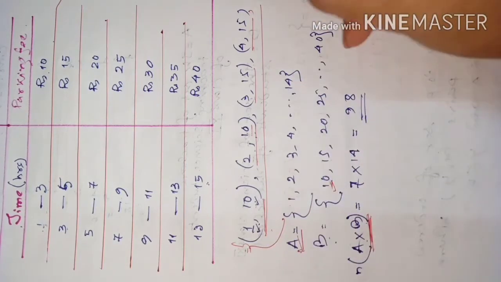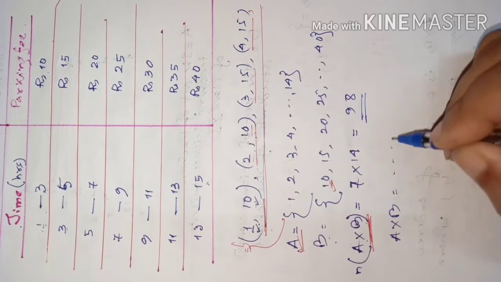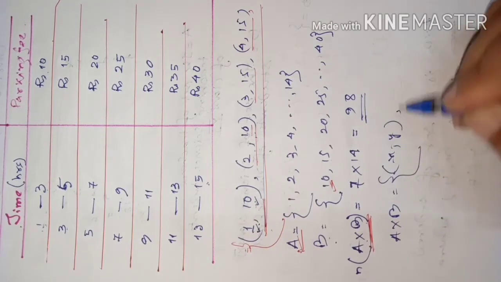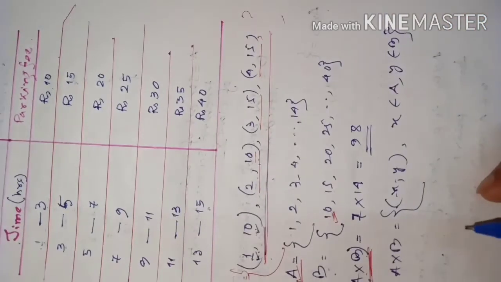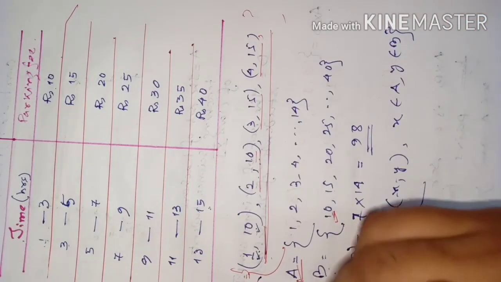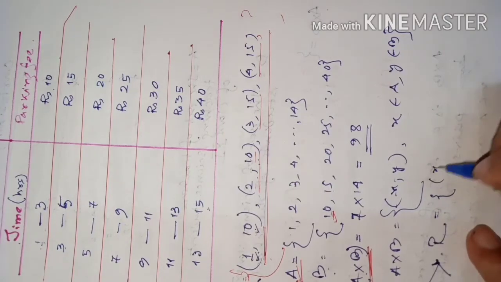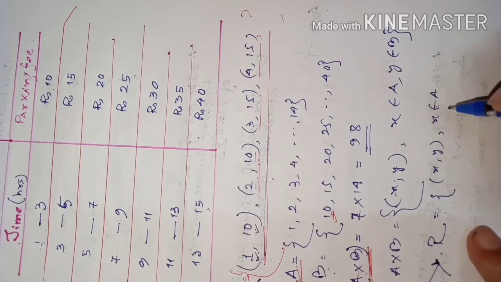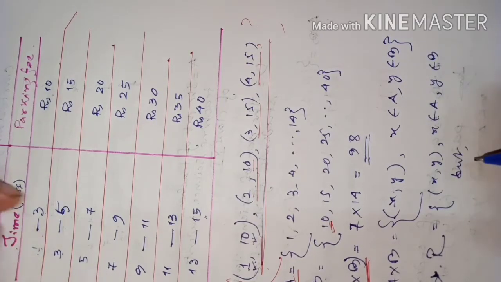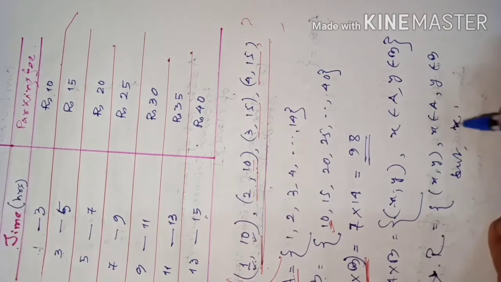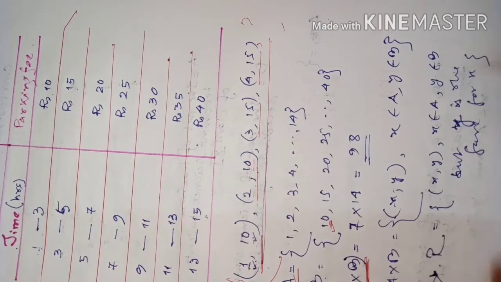Then what can we say? This whole set has some selected ordered pairs taken from A cross B. In A cross B, there are so many pairs (X, Y) where X belongs to A and Y belongs to B. But in our set, say this set is R, we will take (X, Y) where X belongs to A and Y belongs to B, but with the condition that Y must be the pair for X.